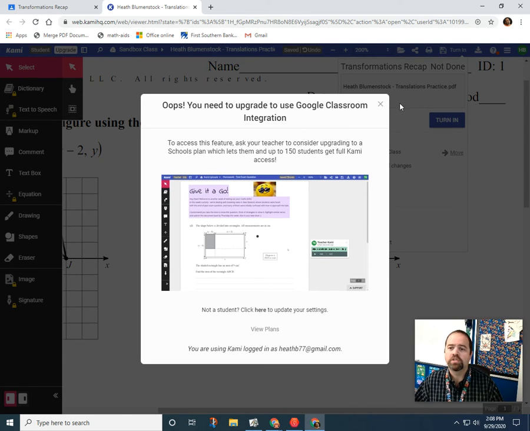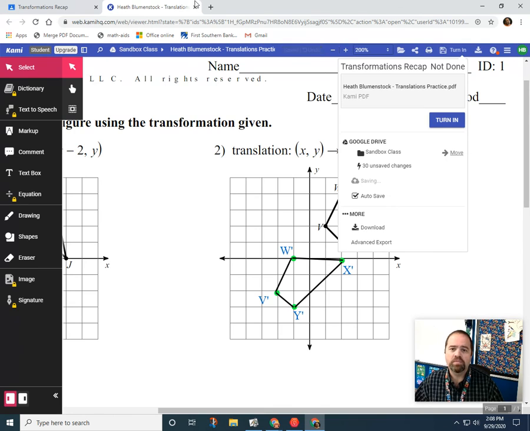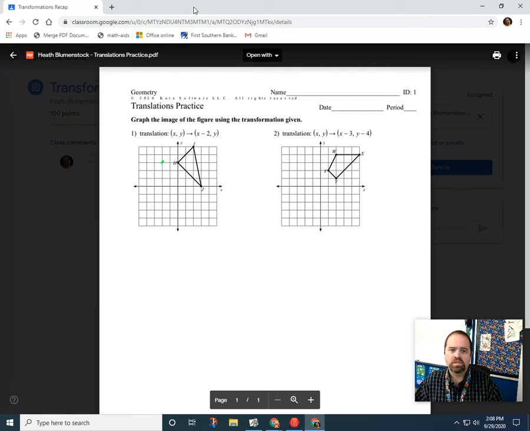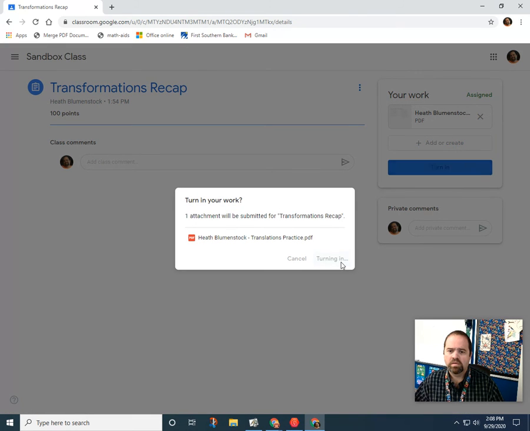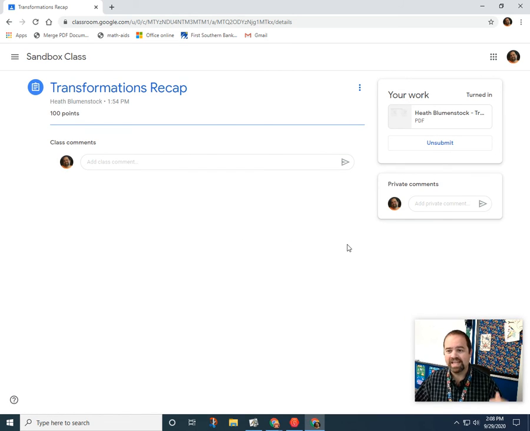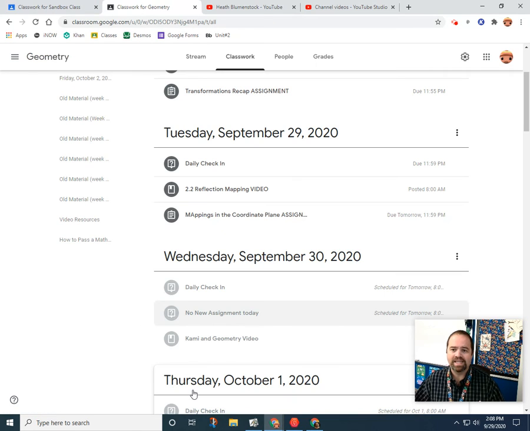So you may not be able to turn this in like that, but students that I have had do this, if you just exit out, when you turn in here, it saved all your changes. So even though you can't technically submit it through Kami, when you go back and turn it in here, it'll be fine. And just to show you what I'm talking about, when I go in as a teacher, that same class,